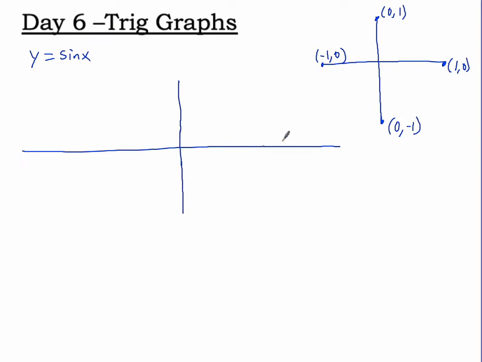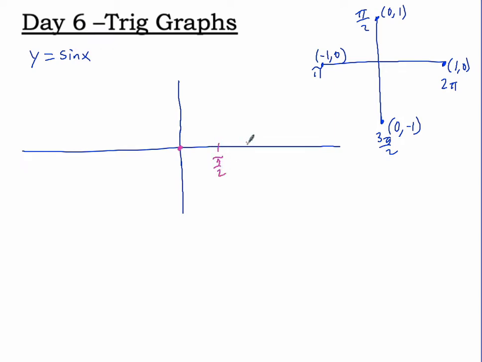So this is pi over 2, 3 pi over 2, 2 pi. All right, so we know that the sine is equal to the y value on the unit circle. So sine of 0 is 0. Let's do some pink. And let's make some tick marks here. So we're going to go pi over 2,